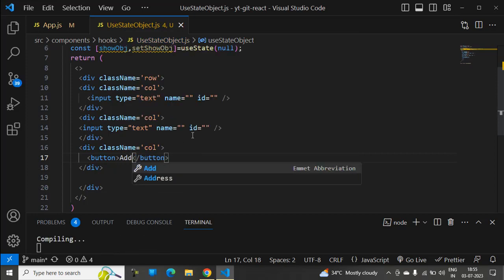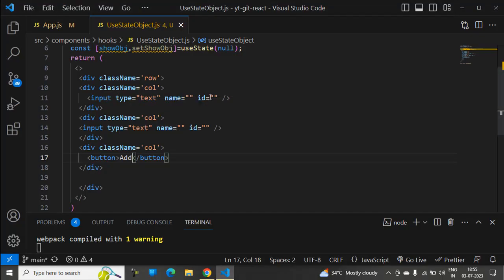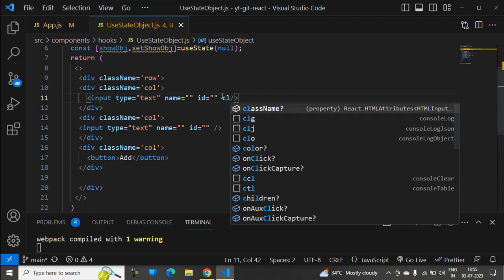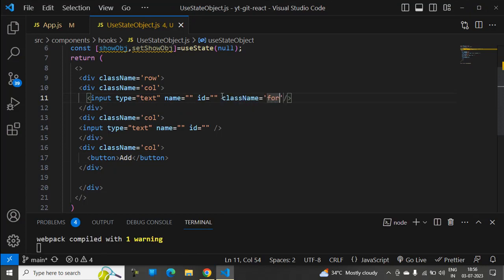Let's show that on the browser to see what it is giving. Here two input boxes are there, but there is no coordination. A little bit we need to do in this className, which is form-control. Same thing, copy and paste it in the input, and also in the button. Let's verify the browser. Yeah, it looks good somewhat,